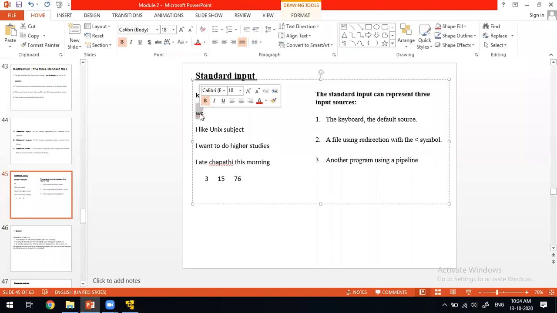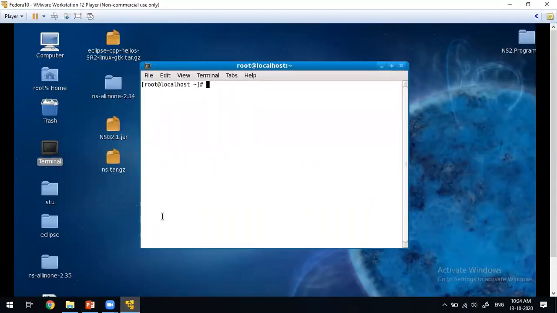Whenever we enter something on the keyboard, like this, wc, if I enter wc and then anything on the keyboard, see there, "hi, hello everyone" has been received by the standard input.